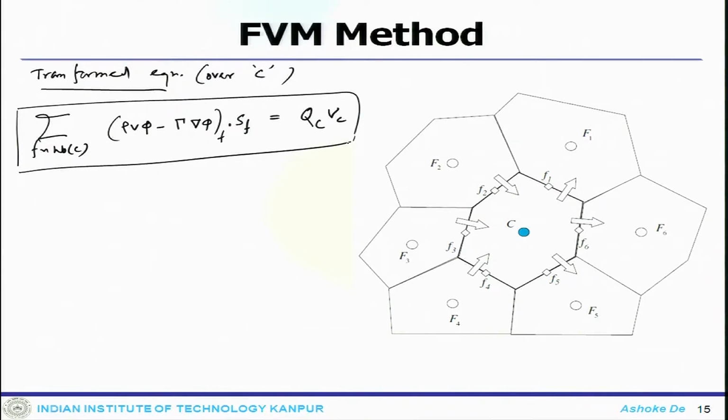So, what I started off with was a differential equation, the steady state scalar transport equation. Now, I have written an algebraic system. This is nothing but the integration over the faces, because these are the fluxes. So, that means it will go from 1, 2, 3, 4, 5, 6. So, all these fluxes are to be integrated.